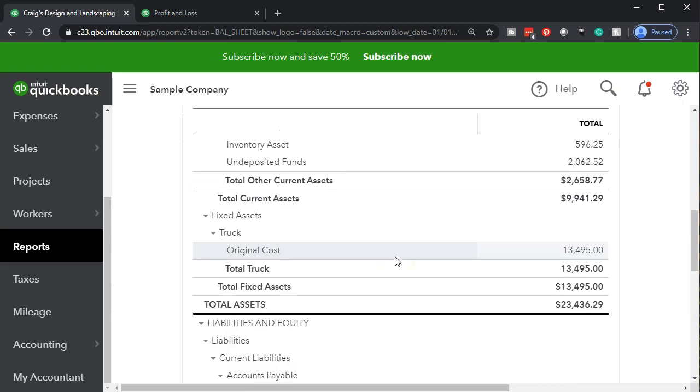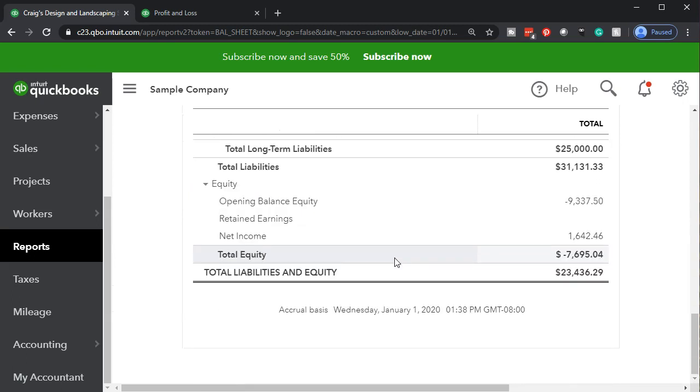And then if I scroll down to the bottom in the equity section, you will see the net income here of that 1642. Now, that's unusual, like we said before, because usually in a normal balance sheet, it'd be just part of equity. It would already roll over. We'd have to kind of know that. But here they're trying to break it out for you. So you can see here that you have the net income, and it's going to tie into the profit and loss. Now, note that if I ran the profit and loss for something other than a year, this number may not tie out properly,